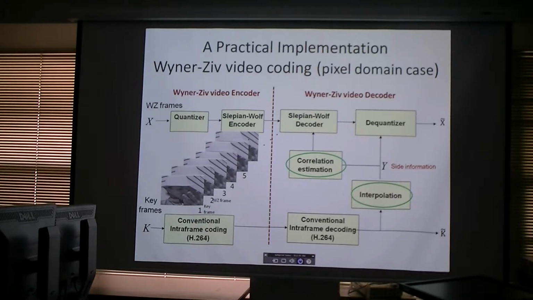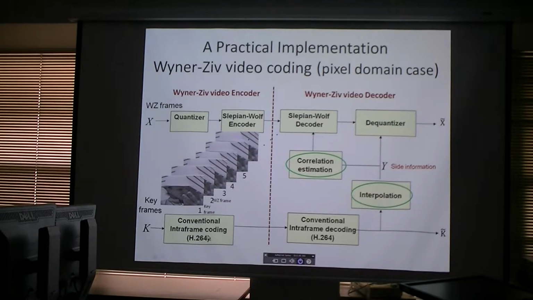Then we talk about the practical implementation of Wyner-Ziv video coding. Given the video sequence, we first divide it into key frames and Wyner-Ziv frames. For example, here we denote the odd number frames as the key frames, and the even number frames as the Wyner-Ziv frames. Then the Wyner-Ziv frames will be quantized and encoded through the Slepian-Wolf encoder, and then the generated syndromes will be sent to the decoder. The key frames will be encoded by